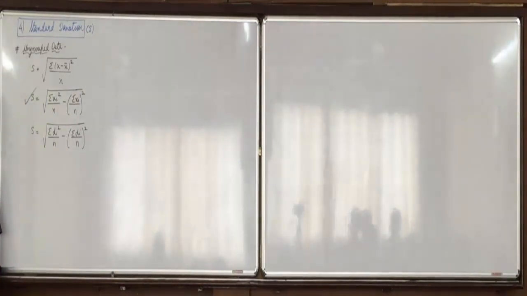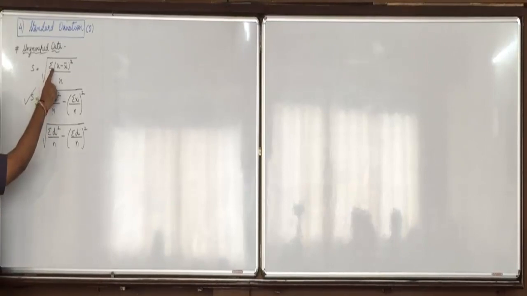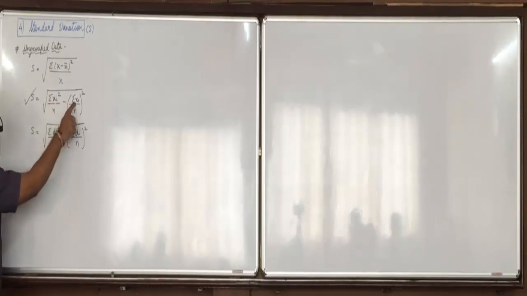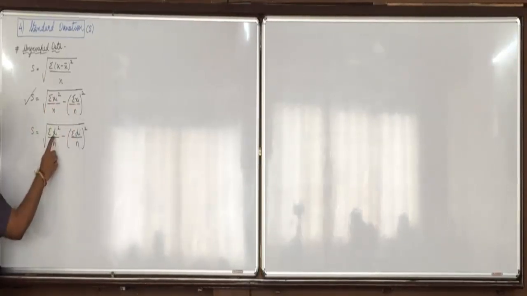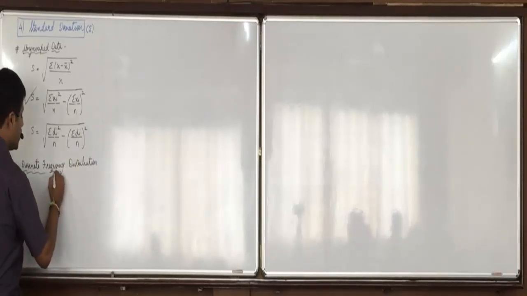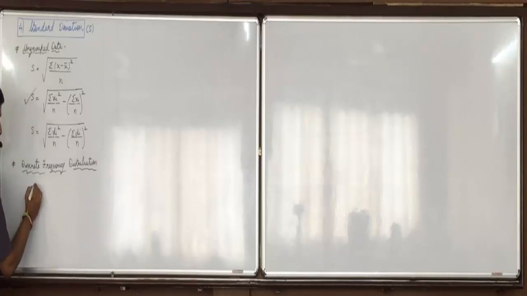Now see, when we go with frequency distribution, listen everyone, this will get multiplied with Fi. And here also Xi will get multiplied with Fi, Di square will get multiplied with Fi and Di will get multiplied with Fi. So that is on discrete frequency distribution, means Xi and Fi will be given.